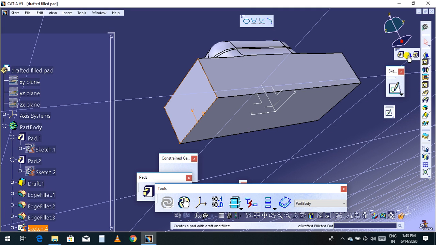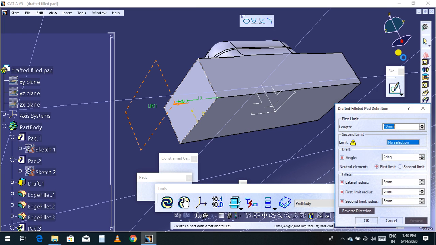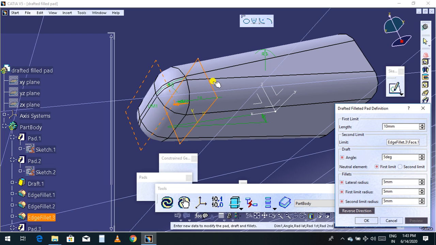Now select the drafted filleted pad. It is asking how much length you want to extrude, and it is asking for the angle and selection. So select this face. Now it is asking the angle, how much angle: 5 degrees, and preview. Now you can see.